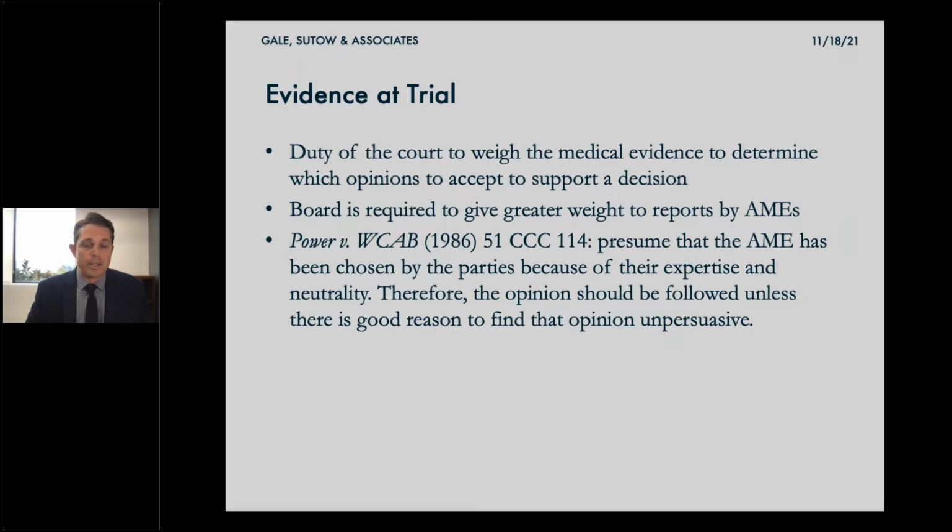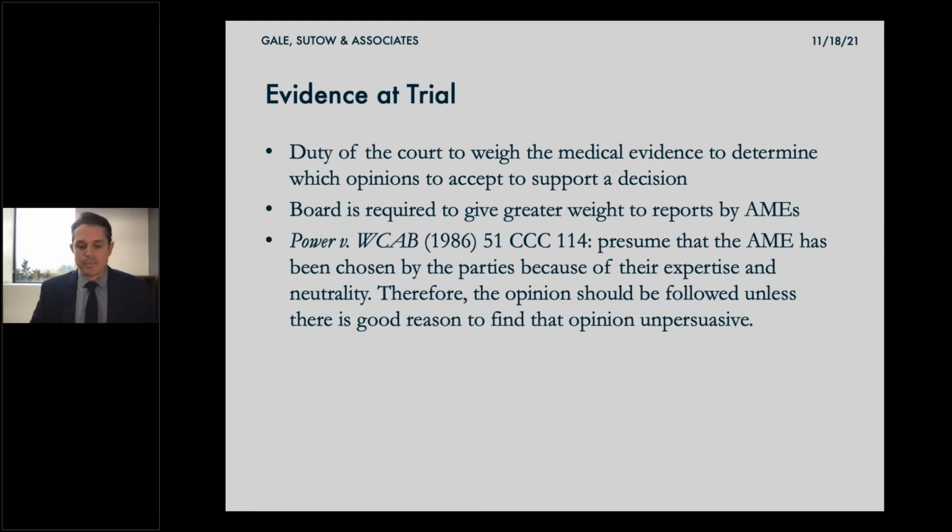Usually, a board is going to give greater weight to an AME report over a QME report. The case Power versus WCAB says that it is presumed that the AME has been chosen by the parties because of their expertise and neutrality. Therefore, the opinion should be followed unless there's good reason to find that the opinion is unpersuasive.